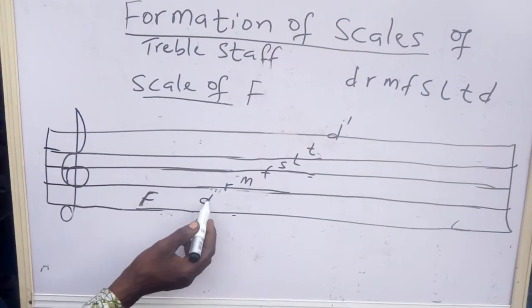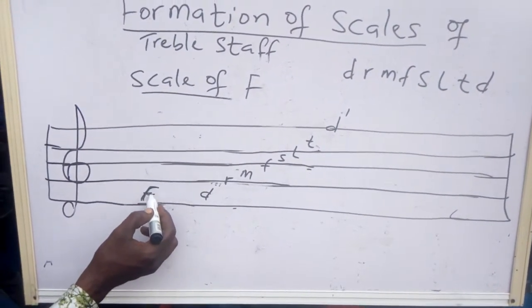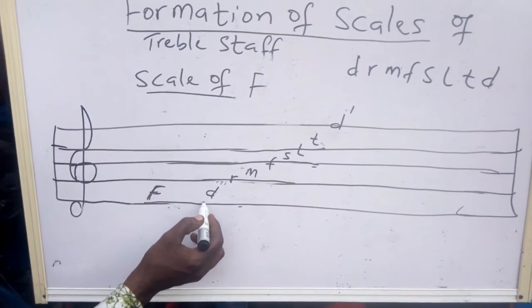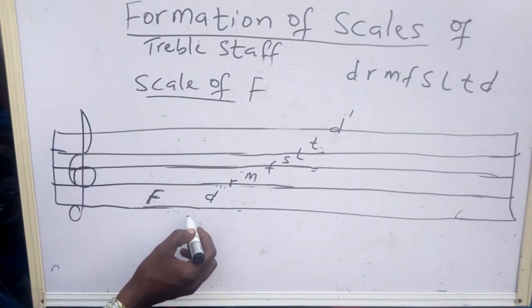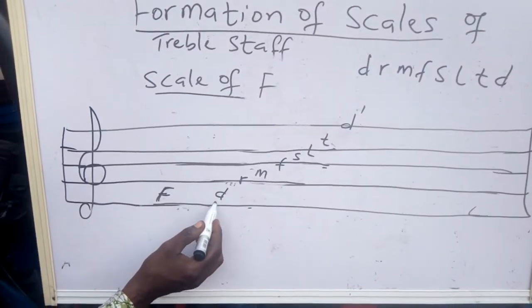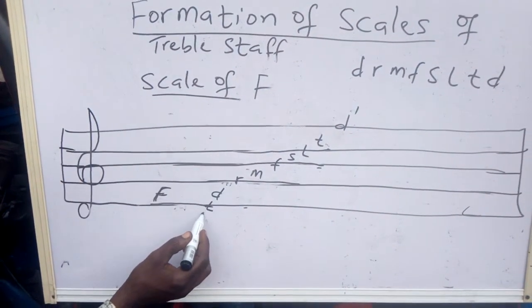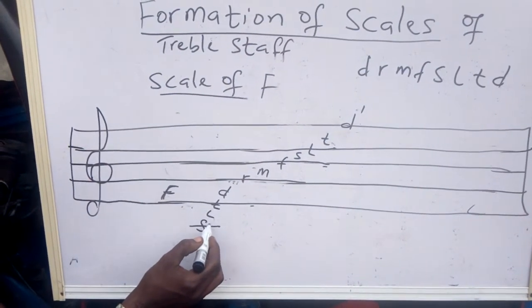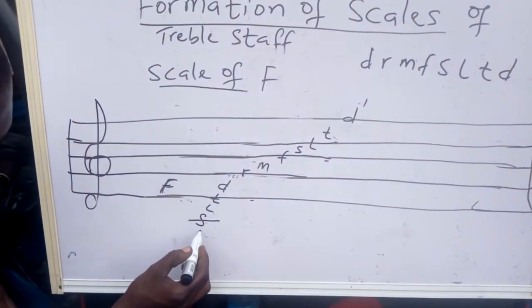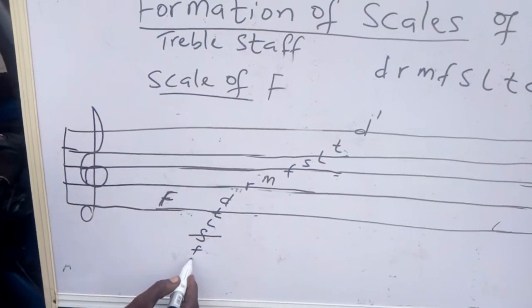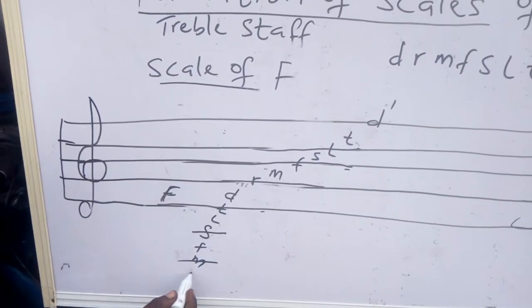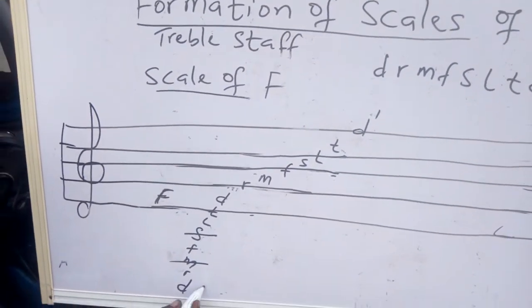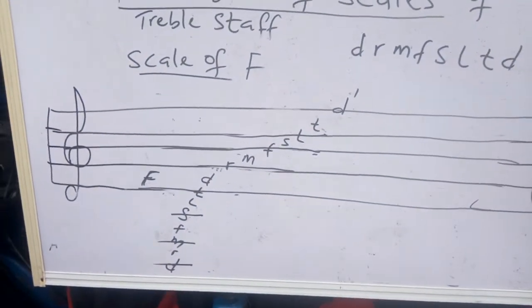You have already your do where your F is, space there. The next one, ti, downward. When you are going downward, you have your ti at the line here. Your la, space. Your sol, put ledger lines. This chalk line I'm using now is called ledger line. Then you have your fa, you have your mi, ledger line, re, and then you have your do, put ledger line there to represent your normal style.